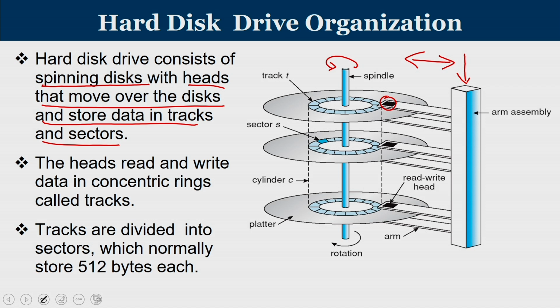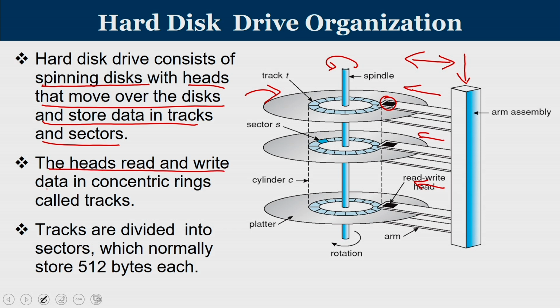We divide the plate into concentric tracks, and then we have different sectors in each of these tracks, and data is stored there using magnetic properties. The arm assembly will move together. If it moves inside, all other things will move inside at the same time. That is one kind of movement, and the second is the spindle rotation, such that the appropriate track will get under the read head.